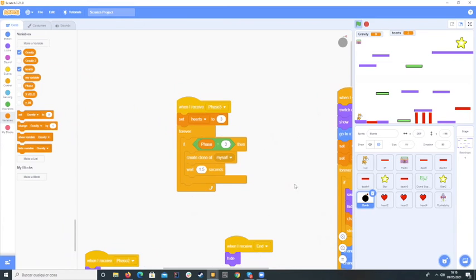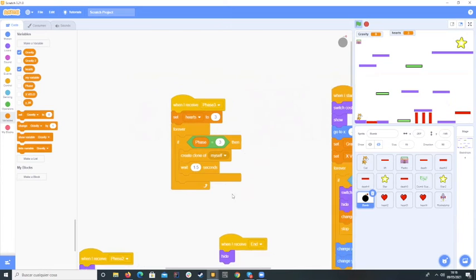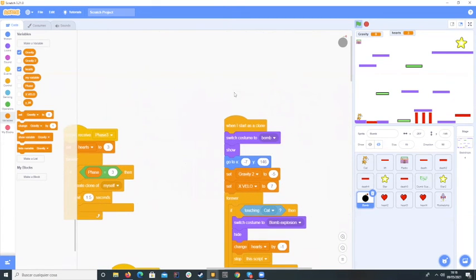Then if phase is equal to 3, it creates a clone of itself, waits 1.5 seconds, and again creates a clone of itself. 1.5 seconds, create clone, 1.5 seconds, create clone. It's very easy. Then whenever it starts as a clone,